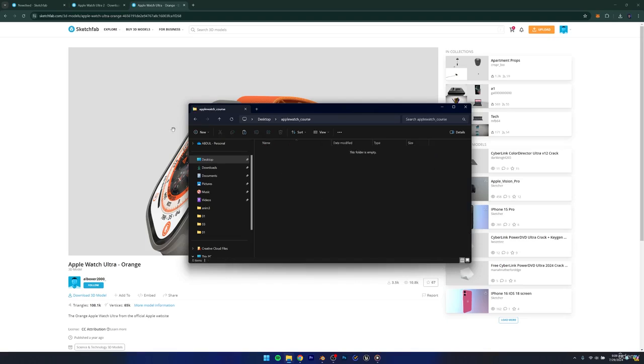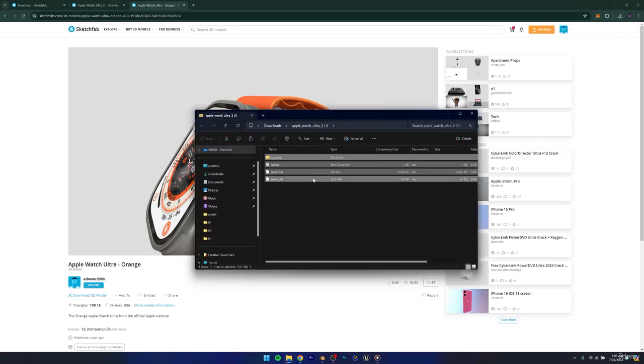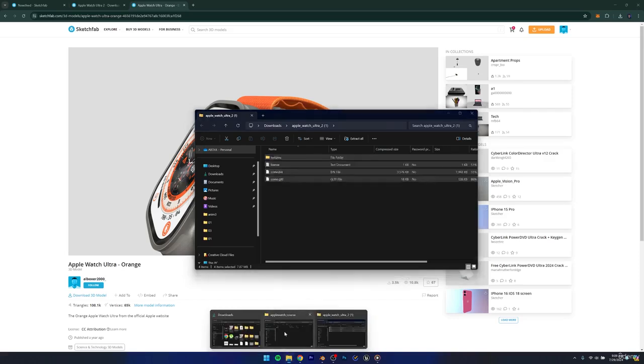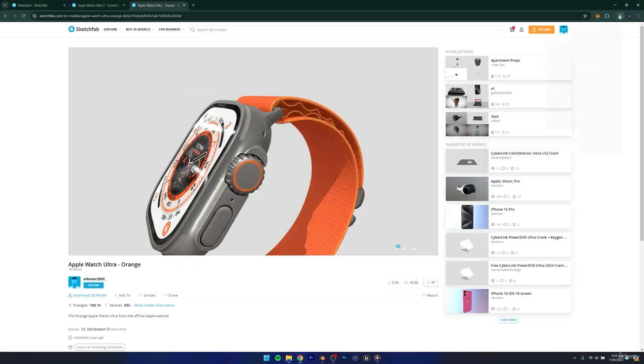And then create a new folder in here. I'm going to call this band. Oops, not H band. Just band. Oops, my bad. Band. And then I'm going to have to do that again because I accidentally copied the other one. So I'm going to paste this inside the band folder,